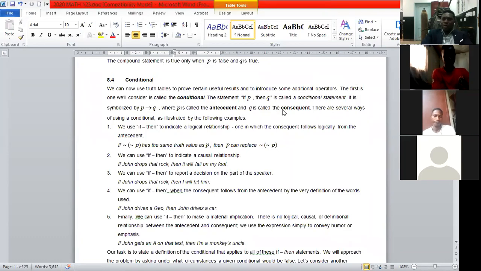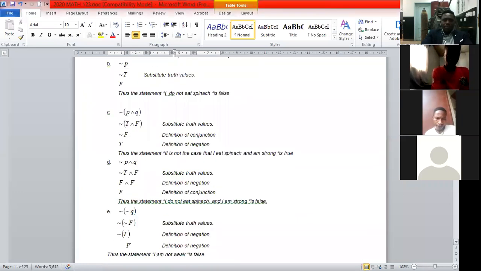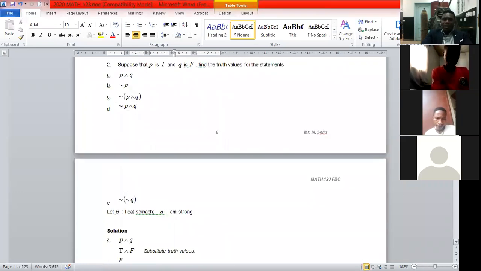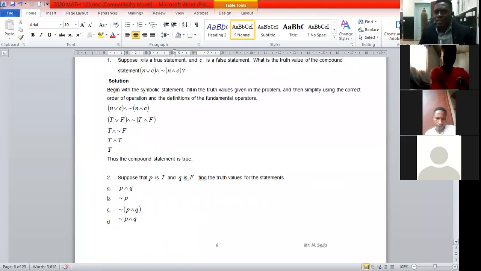Okay, so what we have learned so far, a quick recap of it: remember we have talked about statements. I said a statement is, in logic, anything that can be true or false. So now if letters are representing statements,